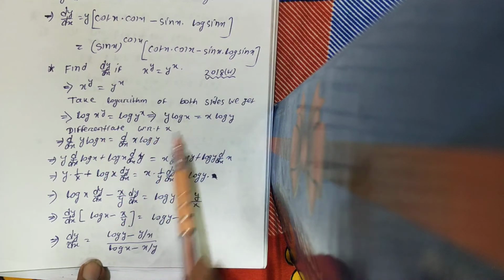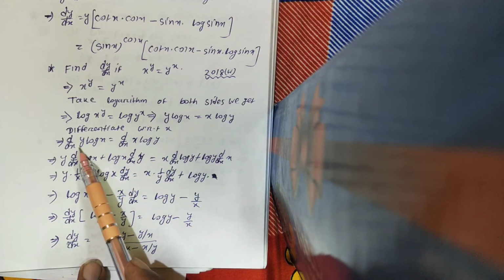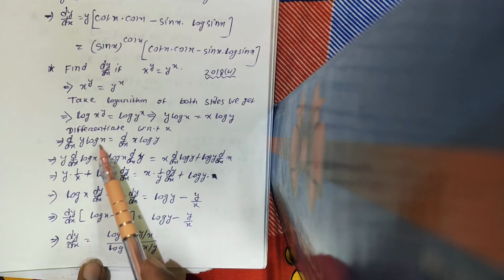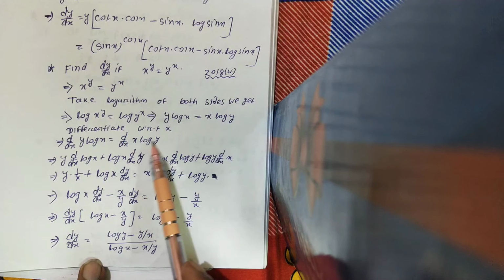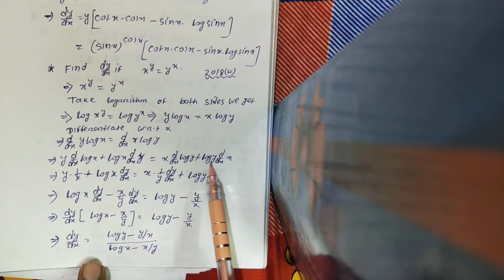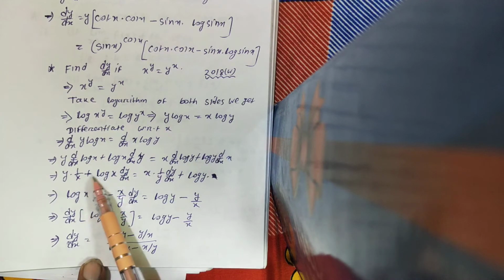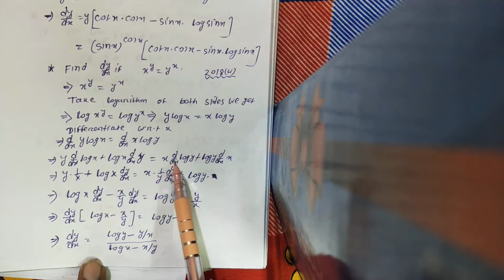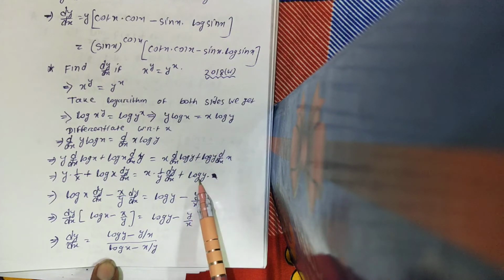Differentiate with respect to x, d by dx of y log x is equal to d by dx of x log y. Now here put the product rule, y d by dx of log x plus log x d by dx of y. Similarly in the right hand side also we are going to use the product rule, x d by dx of log y plus log y d by dx of x. Now y times derivative of log x is 1 by x plus log x times derivative of y is dy by dx, is equal to x times derivative of log y, that is 1 by y into dy by dx. Here also we are using the chain rule, plus log y times derivative of x is 1,